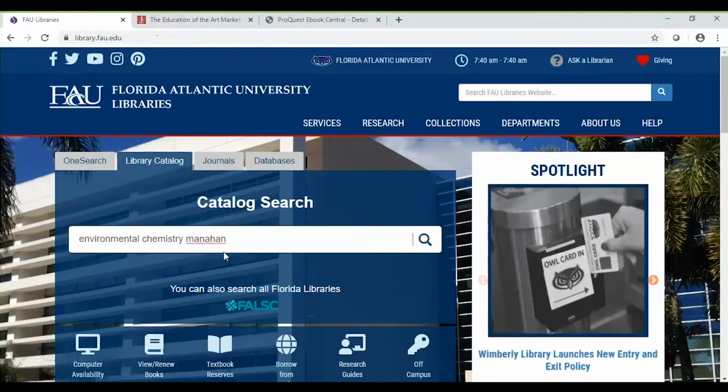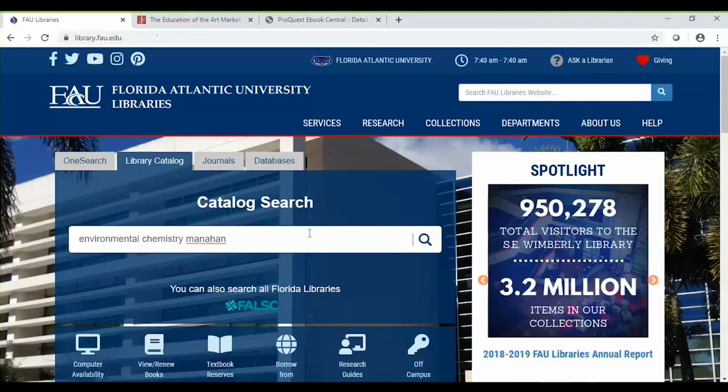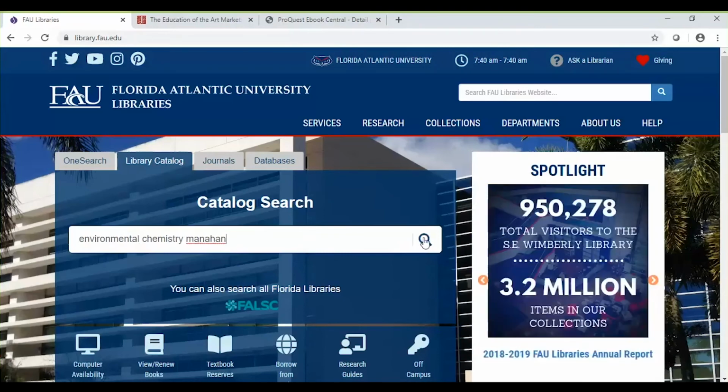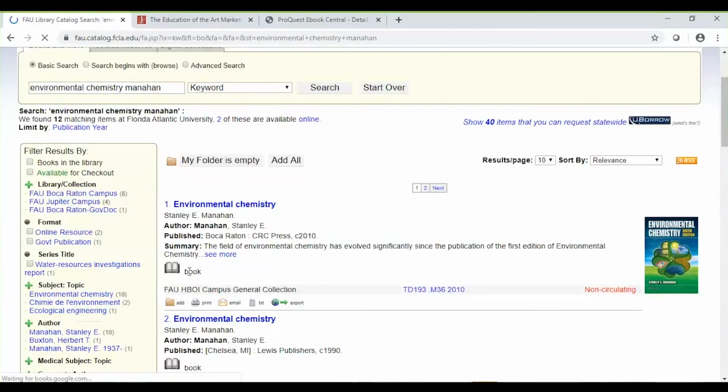If you know you want a specific textbook by a specific author, go ahead and give that information. It'll just limit the results so you won't see so much. And especially with the topic so broad like that, if you include an author, then you'll limit the results that you get. So with this search, this looks in our catalog, like the card catalog,